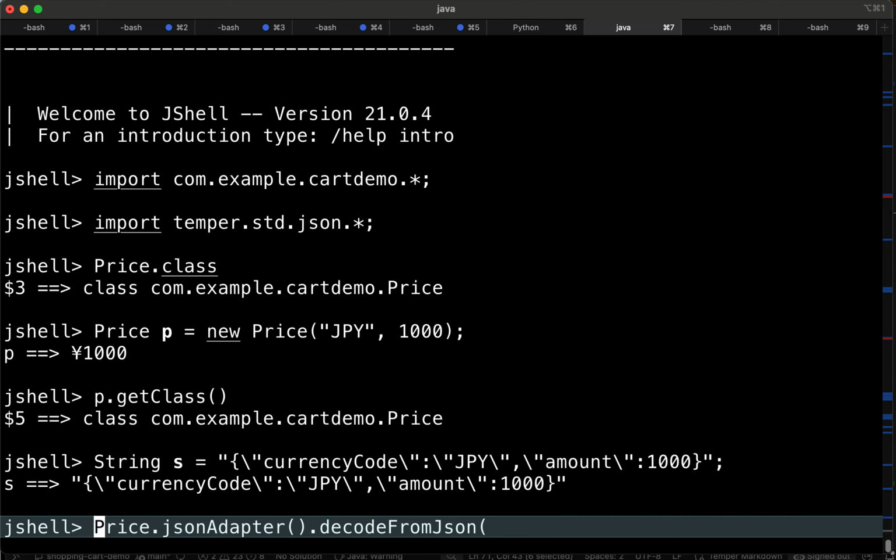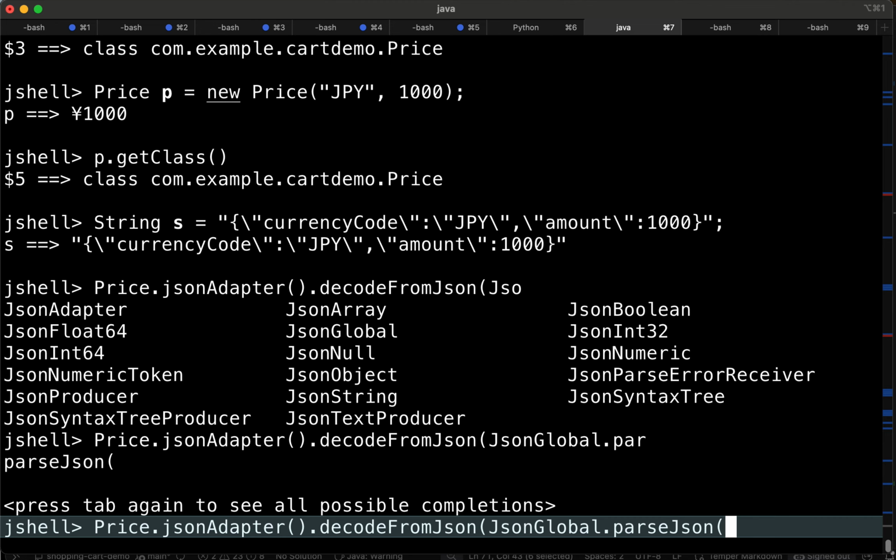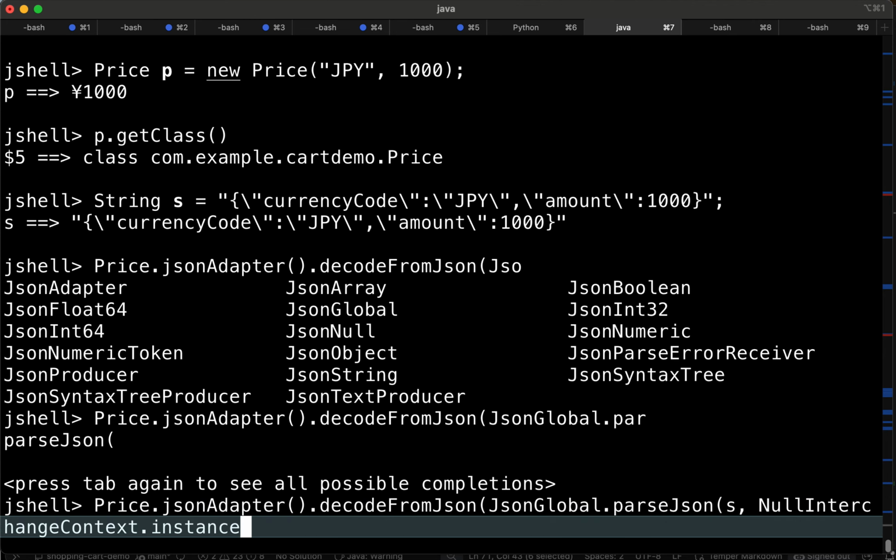So I am going to decode from JSON, and if I can remember parse JSON, I'm going to parse that string. So I'm decoding, parsing a JSON representation, and